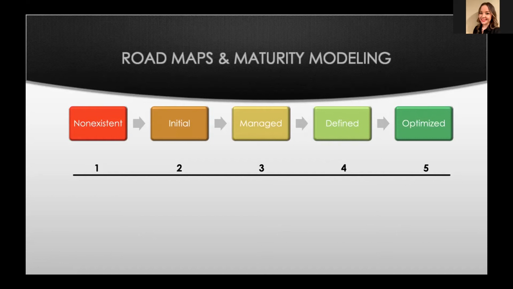So I make a joke all the time that there's three ways everything is done within an organization. There's the way that it's documented, and then there's the way that management thinks it's done, and then there's the way that it's actually done. And those three ways are usually very different, right? Because it's usually documented the way it's supposed to be done, or maybe a little quasi. Management usually thinks it's done differently because they're not usually doing it. And then there's the people who actually execute the tasks and the projects and the programs and all that, who tell you how it's really done, right? So a little joking side note there.